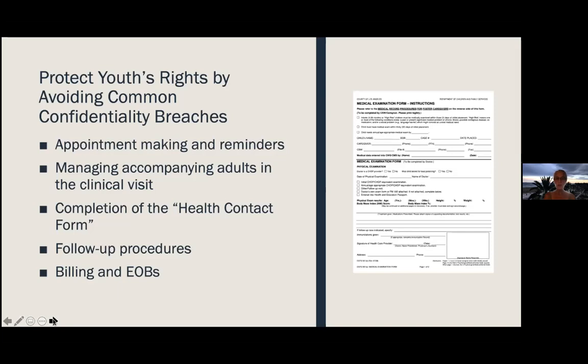Many follow-up procedures also result in breaches of confidentiality. We call to see if the young person made that appointment at the specialist, if they got to the abortion clinic, if they picked up their form of contraception. And so you have to be very careful that you've clarified with the young person how to contact them, what to do if you can't contact them. Make sure you have their phone number, their email, so that information does not go to the wrong person. And then, although many people assume that all youth in foster care have Medi-Cal, not all do. And so there can be issues with billing and explanation of benefits.